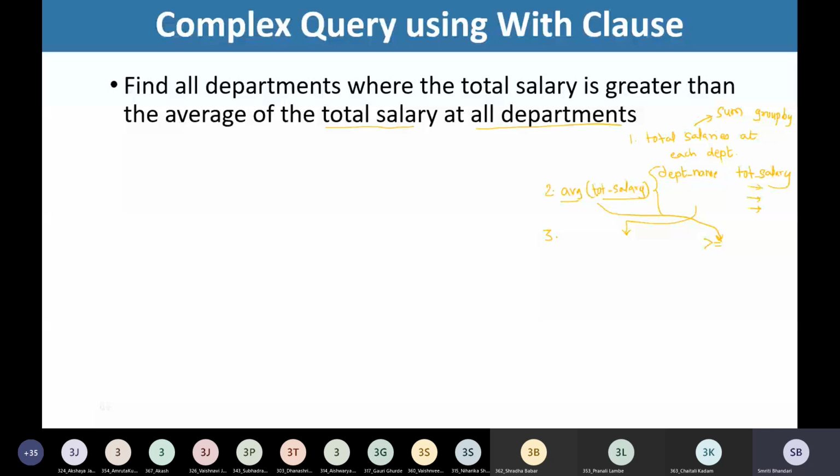So whatever we have computed in step 1 and step 2, we need to make use of to write the final query. Have you understood?